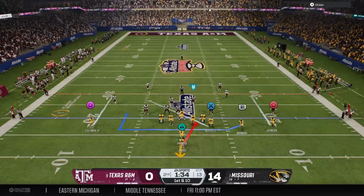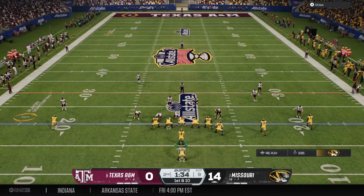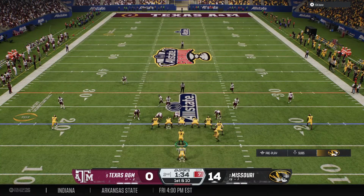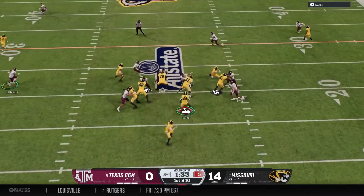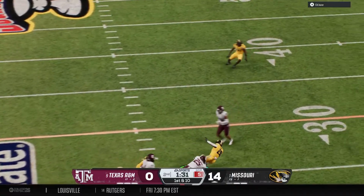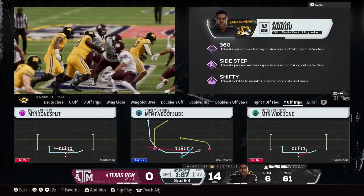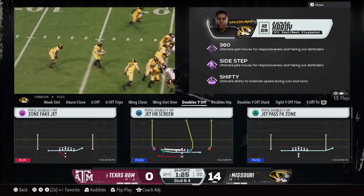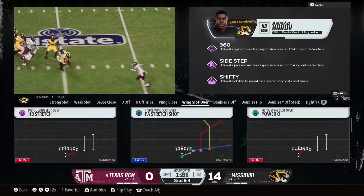So here we go. First play of the drive. Under 2 minutes before halftime. There's the handoff. They stop him after a 6-yard gain. So 2nd and 4. Chris, I just love to see this offensive line in this running game able to establish